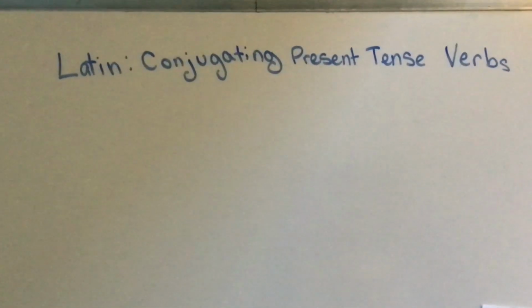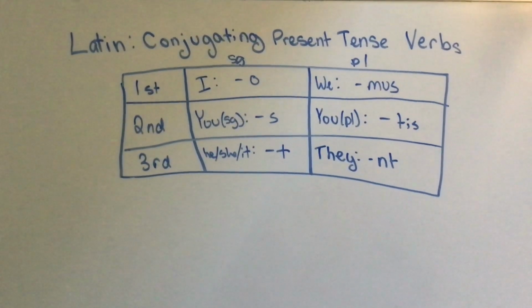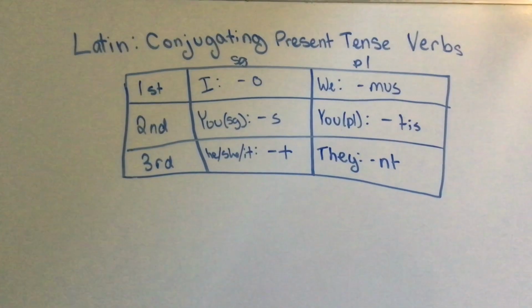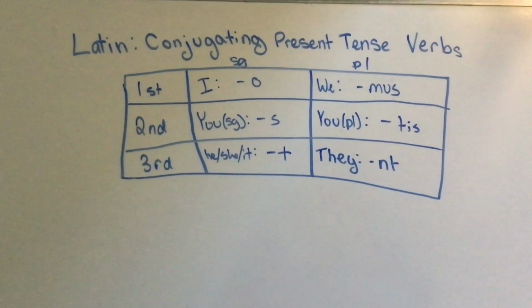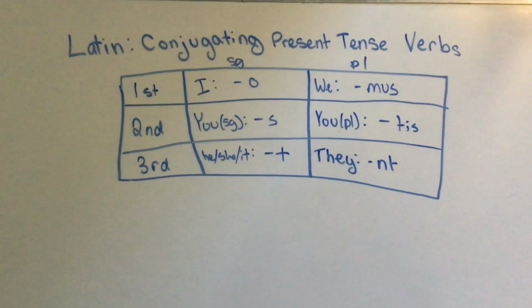Conjugating Latin present tense verbs. Here is the chart with the Latin present tense endings and their English translations. On the left-hand side, we have all three persons, first, second, and third, and then on the top, we have